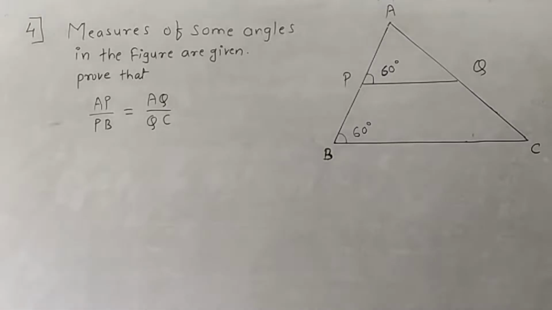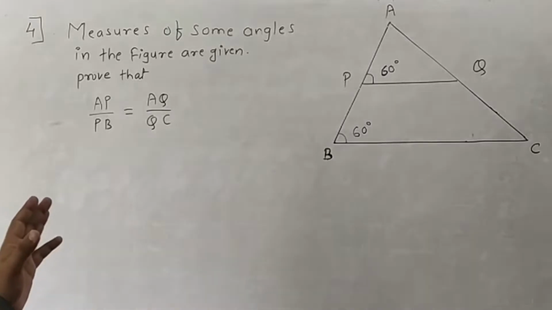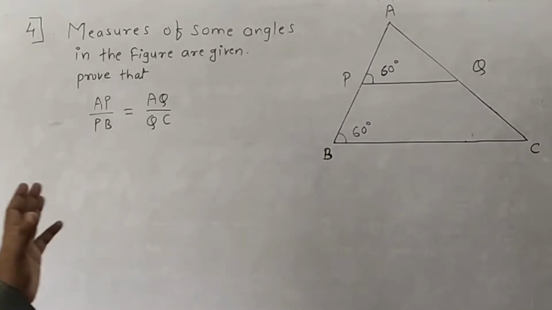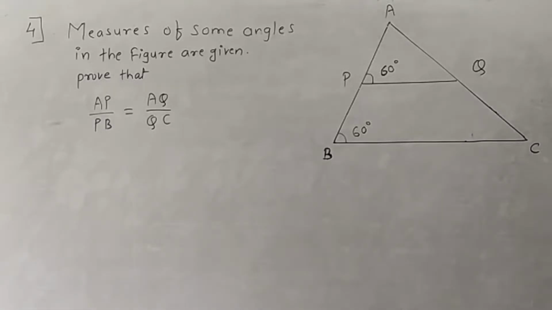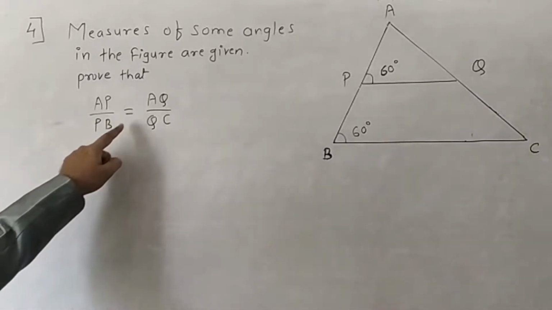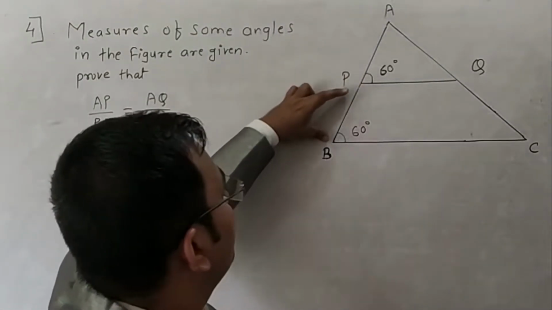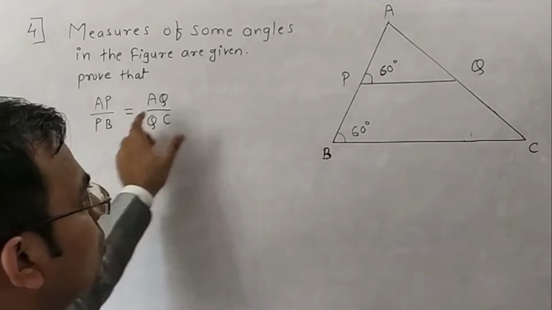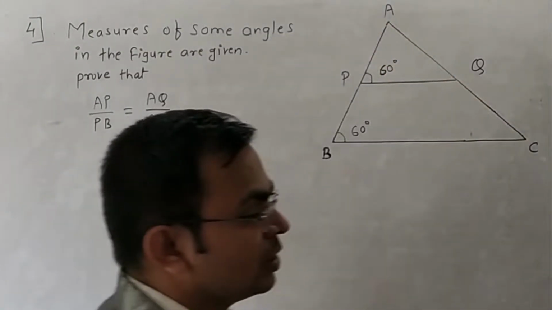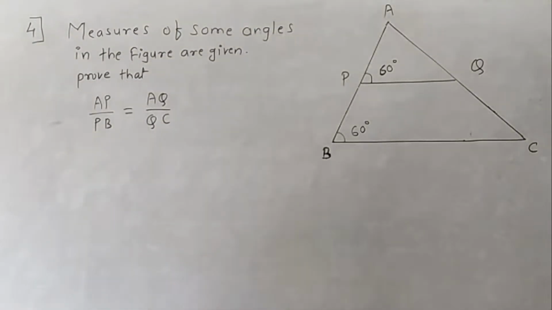Practice set 1.2, fourth sum. Measures of some angles in the figure are given. Prove that AP upon PB is equal to AQ upon QC. So to prove this, we have to use the basic proportionality theorem, because